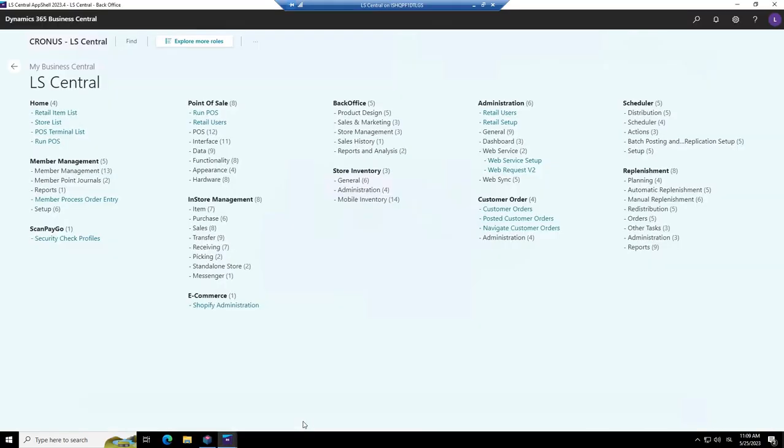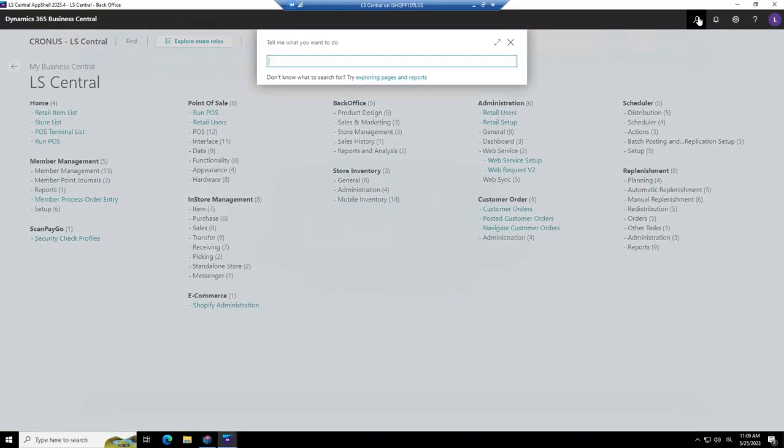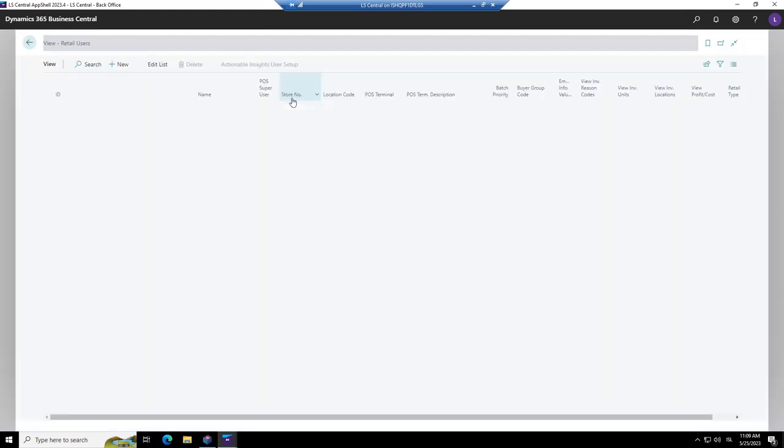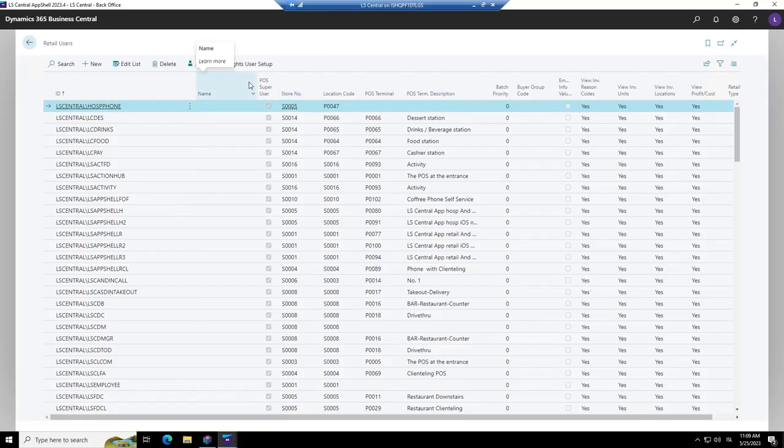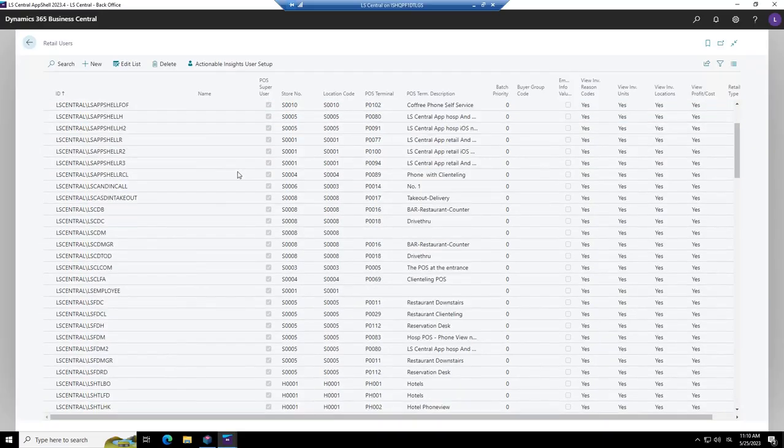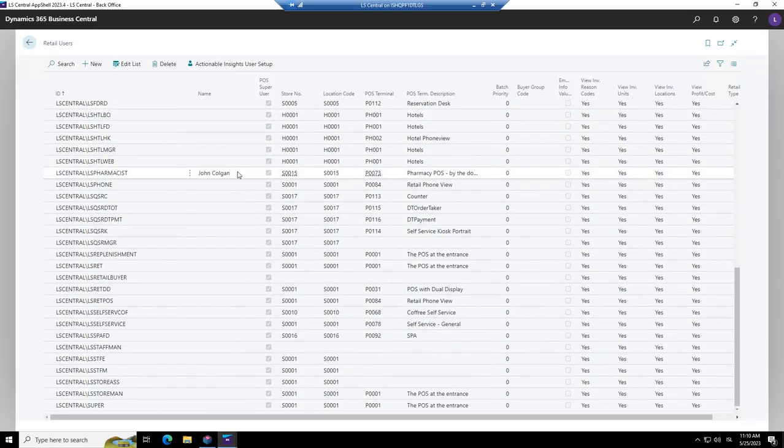We go into back office Alexandra. And do you remember previously we were doing retail users? In the retail users, we have this option POS super user. And this is what I mean. I mentioned it to you the other day that we would talk about this column. If you have this field enabled for the user, then you can right click and see the options. And in the VM, all my users are set up with POS super user enabled.